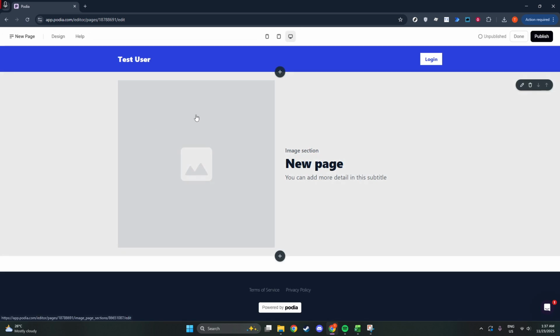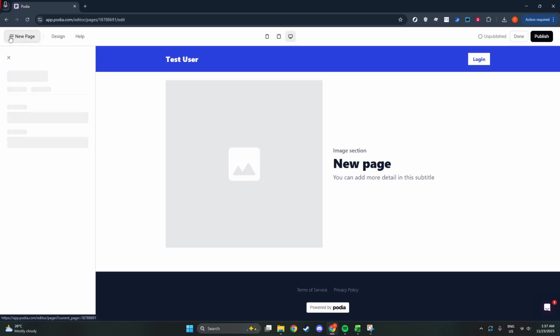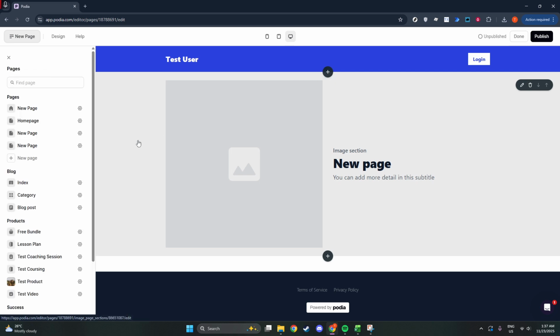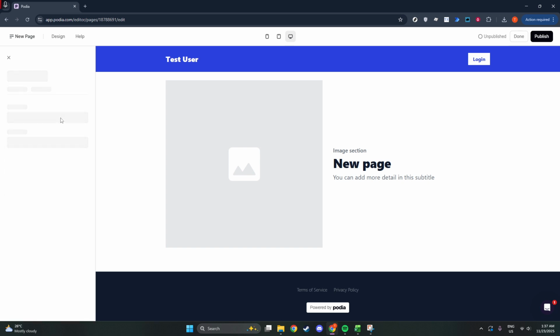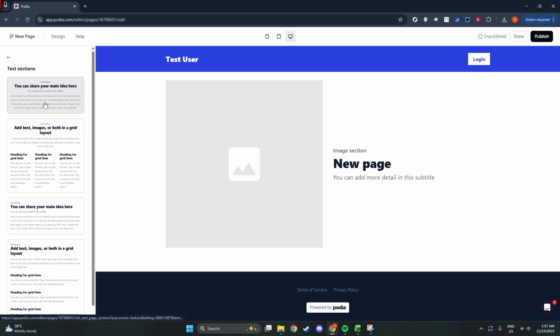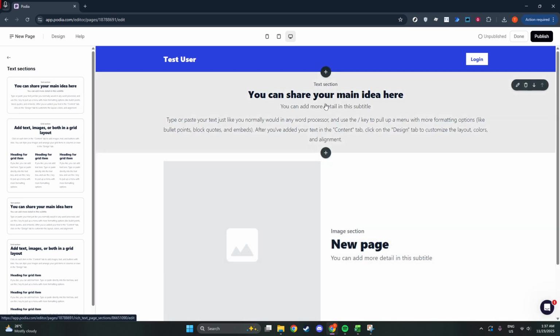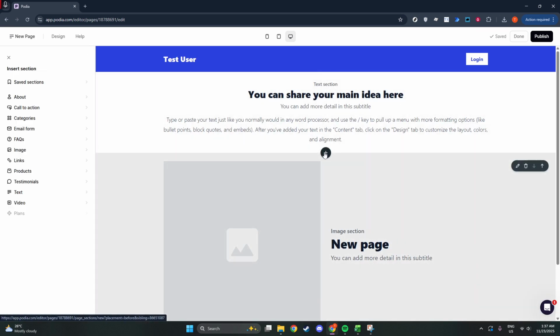Now, start adding sections to the page. Hover over the canvas where you want a new block to appear and click the plus icon. Choose the section types that make sense for your resources. A text section is great for an introductory paragraph, category headings, or a simple list of links. An image section helps you add icons or previews that make your page more visual and scannable. Use button or link sections when you want visitors to click through to an external resource, a course, a tool,